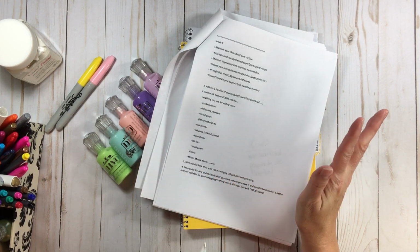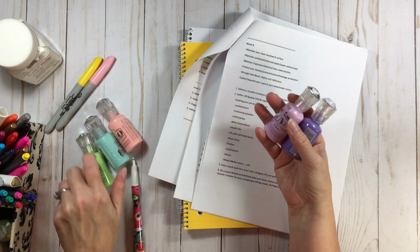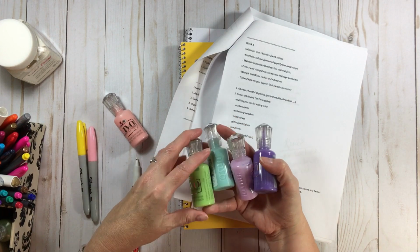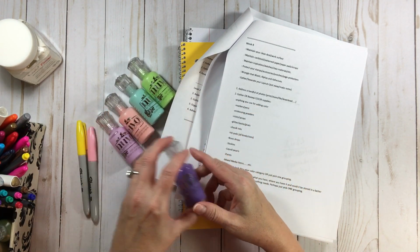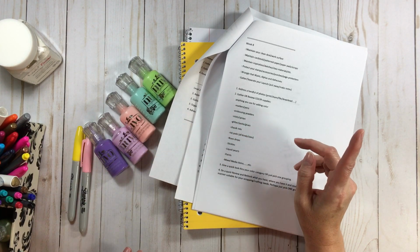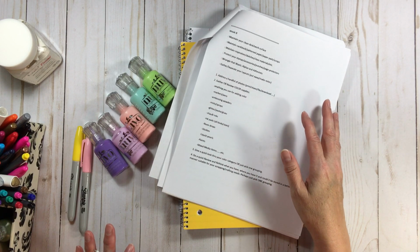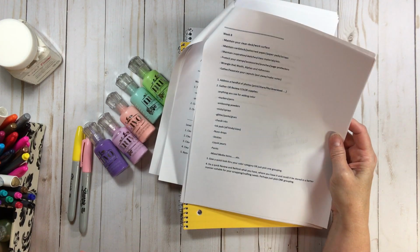And so then what we're going to talk about today is items that just have color. And I pulled, I think, basically all of my supplies that I use for color. And we're going to talk about how to maybe use those items more. And I'm going to show you how I have mine stored. And I will basically tell you that every one of these items that I have listed for color supplies,